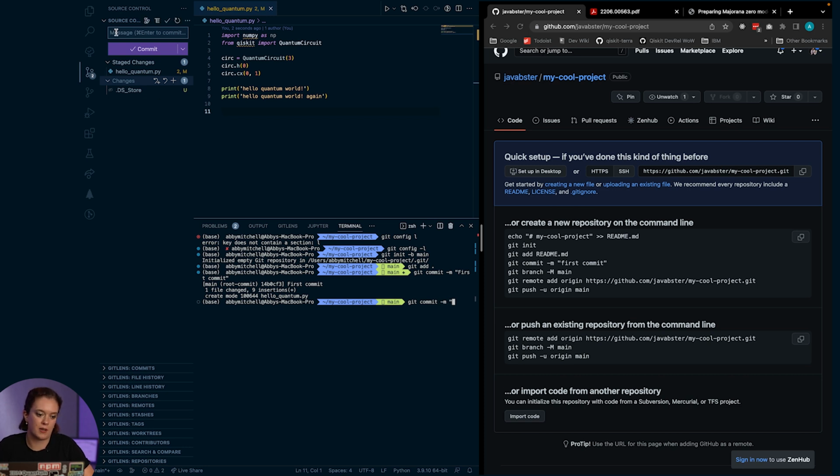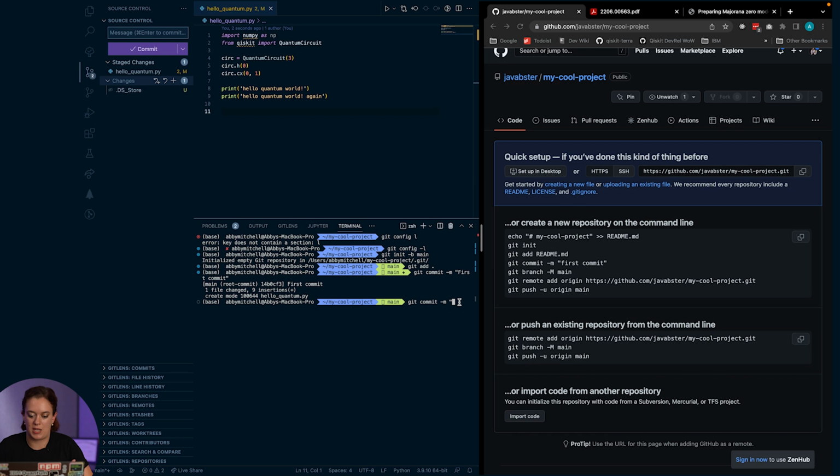You can also put in a commit message here in the commit box as well, if you prefer a more graphical interface. As you can see, I do a weird hybrid thing of some UI-based things, some code typing-based things. There is no right or wrong way. Some people get really hung up on there being a pure way of doing all this, but do whatever you find is the most comfortable. You can follow some best practices, but if you prefer doing things in a graphical user interface, that's absolutely fine.